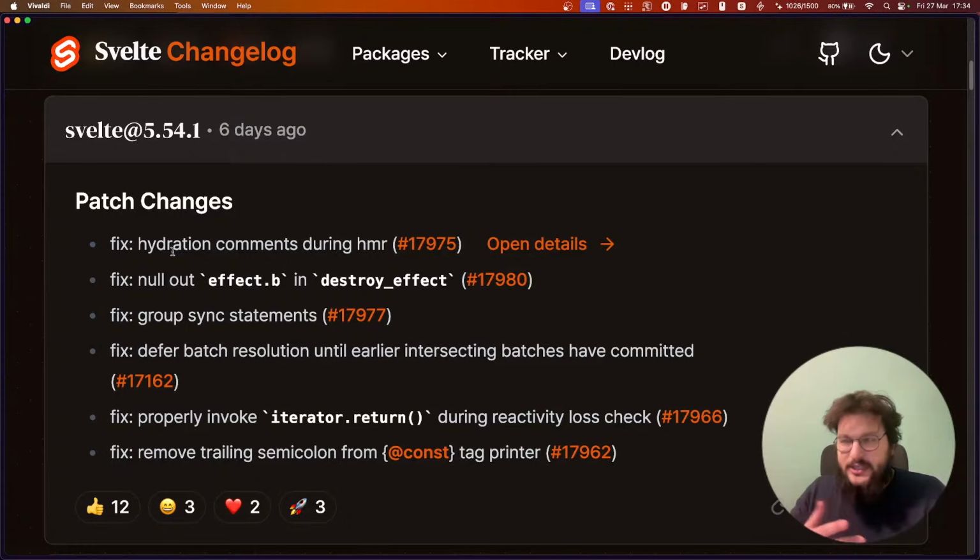Not really broke in the sense that it just gave a hydration warning if you were hydrating something that used HMR. I think we talked a bit about it last week. Maybe that's why it shows 6 days ago, but it was already released.